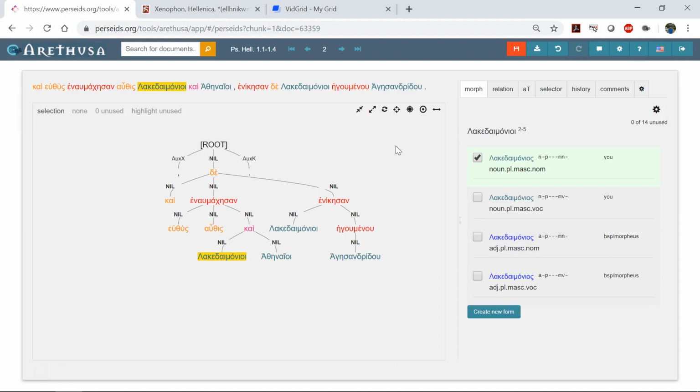Lacedaemonians. Now, if you'll see here, this says the word you, which means I put these forms in. The morphological analysis is not very consistent about ethnics. Some of them they put in as adjectives, and some of them they put in as nouns, and some of them they put in as both. And so I've, over the years, taken to identifying them both ways, depending on how they're being used in the